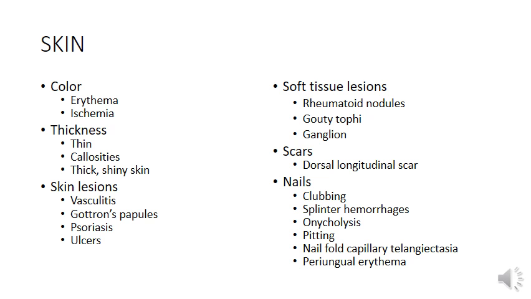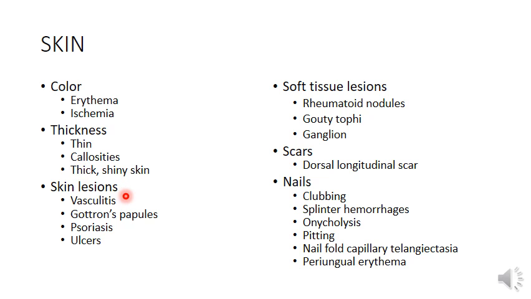We start with the skin. In the examination of the skin over the dorsal aspect of the hand, we look at the color of the skin. Erythema can indicate inflammation like acute arthritis, acute gout, or ischemia. Then the thickness of the skin: in case of steroid use, there will be thinning of the skin. Any callosities can indicate occupational problems. Thick and shiny skin is one of the indicators for sclerodactyly,